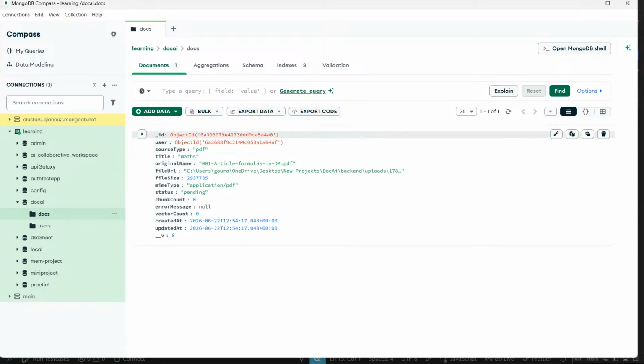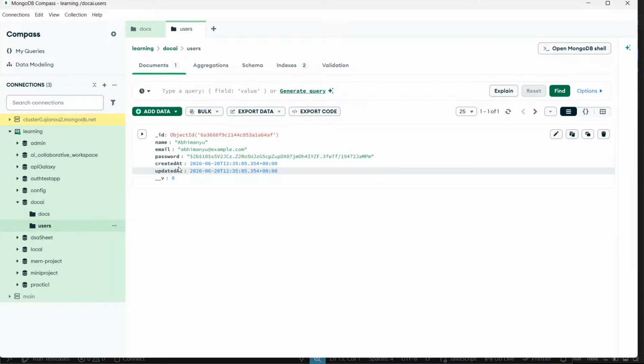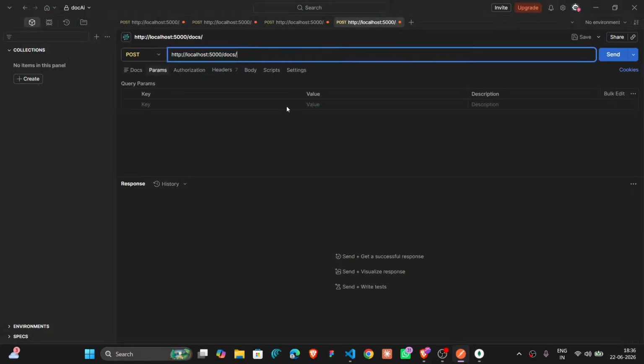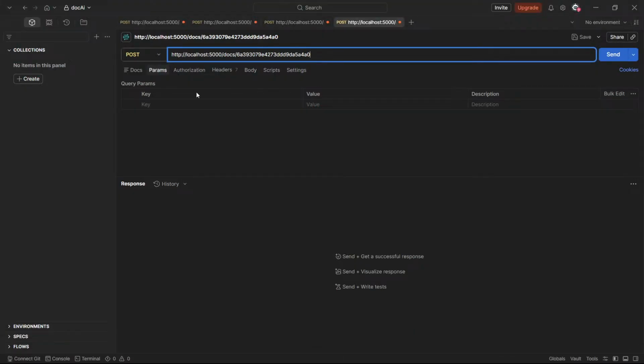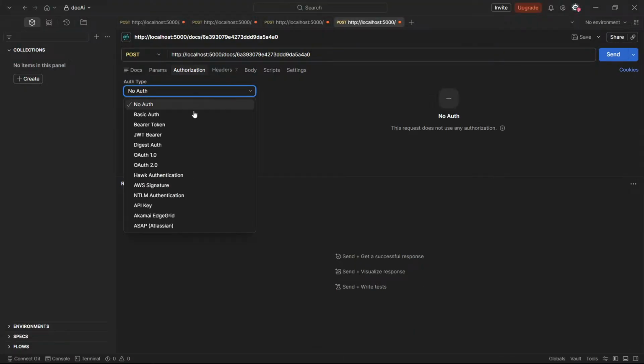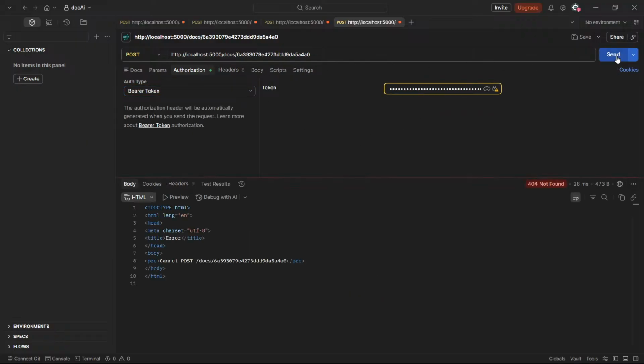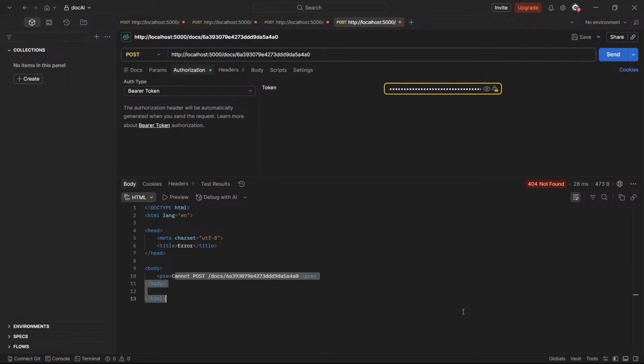So in documents we have user. I think we need this, and here this in the part, Bearer token. Okay, we already have set this, and if we send this, okay, cannot post documents.